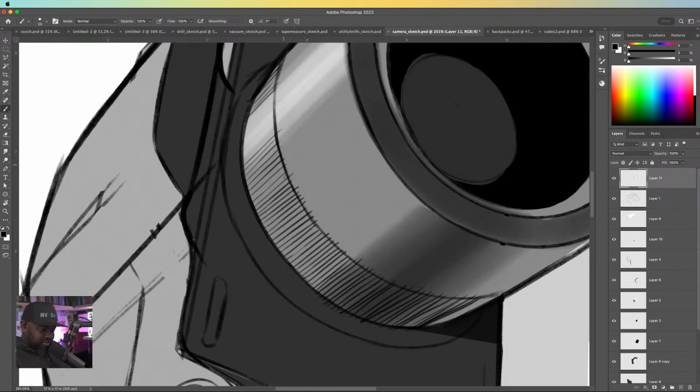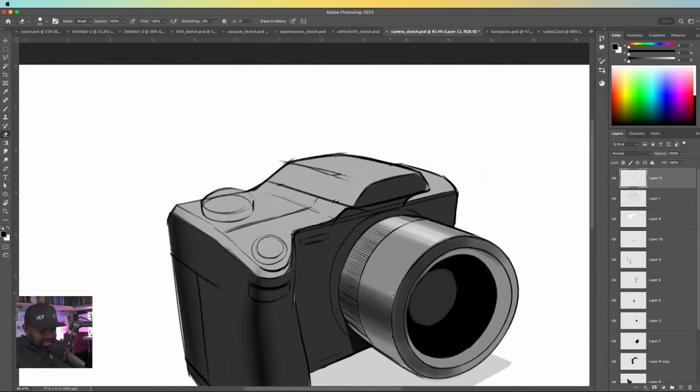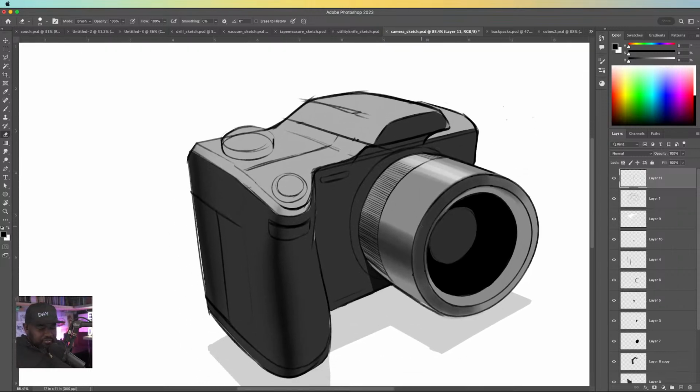You could also perhaps do something like this using Adobe Illustrator and then bring that texture in. I know some people were mentioning Illustrator earlier. That's certainly an option, but working entirely in Photoshop, this is how I would go about it. Even then, didn't take too long, and now we have a little bit of texture there on the lens. All right, so